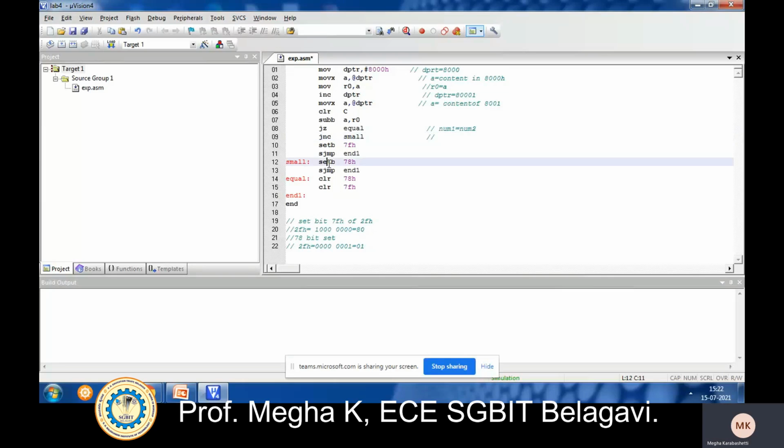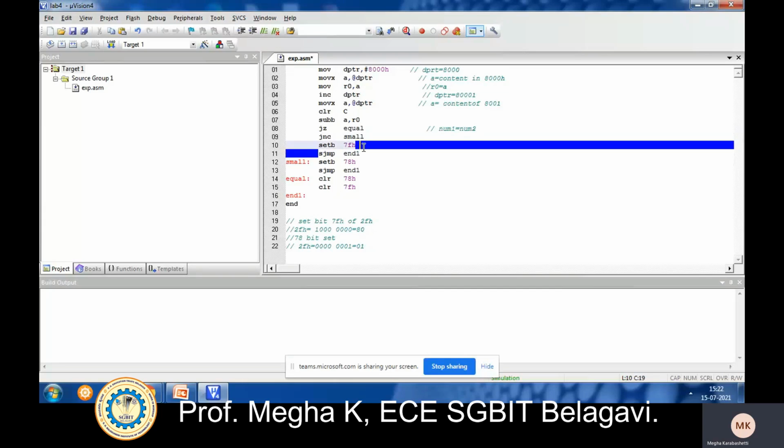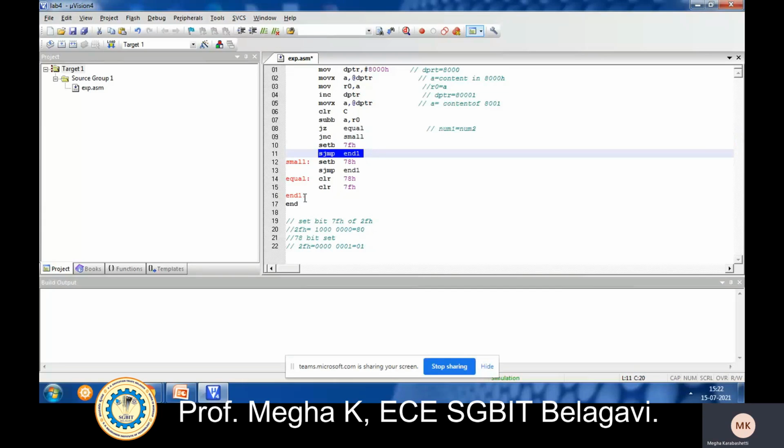And what is there in small? Set bit 78H. Similarly, if there is a carry, it goes to the next line, set bit 7FH. Next, short jump to end, we end the instruction here.